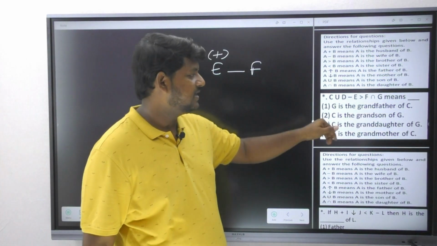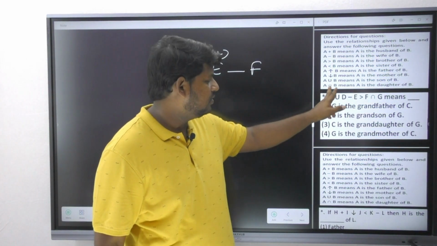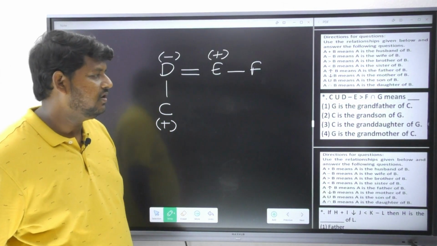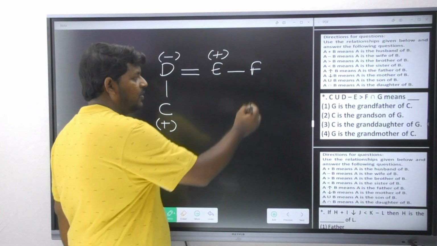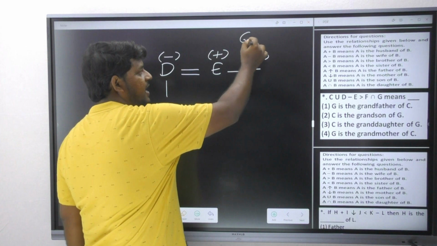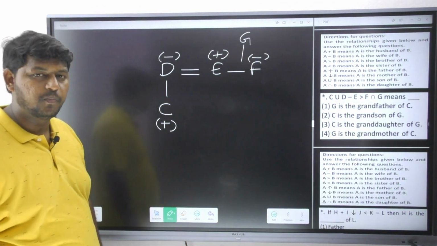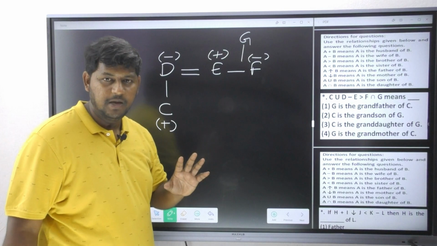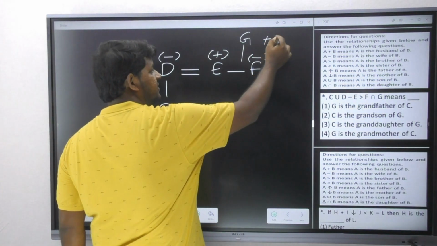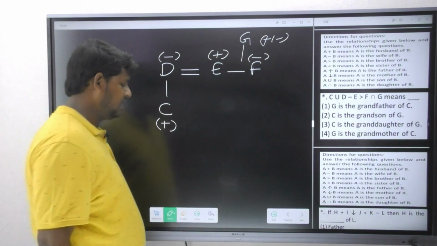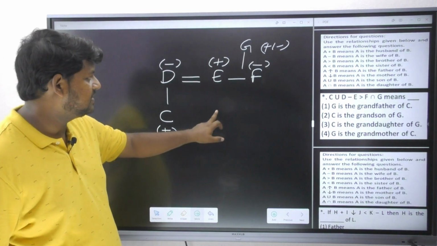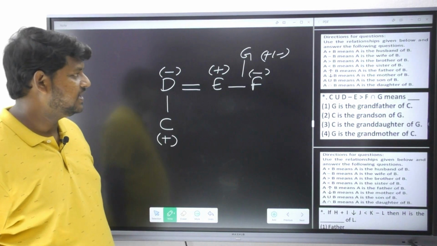F intersection G. Now, this intersection is giving you what? F is the daughter of G. When F became daughter, can I confirm the gender of F as female? And E and F are both children of G. But it is not possible for us to identify the gender of G. So this is the way I am going to place them. If I place them in that way, then you can understand it better.